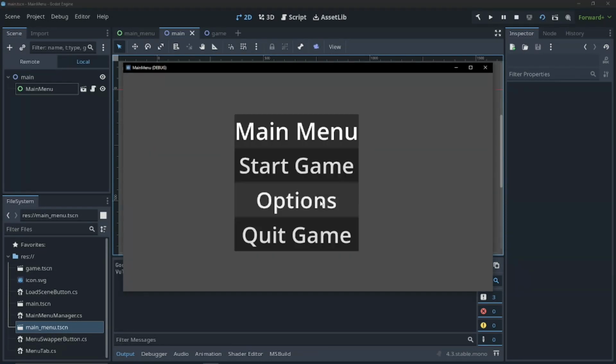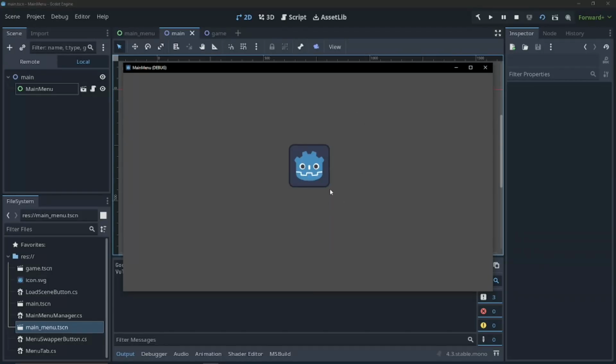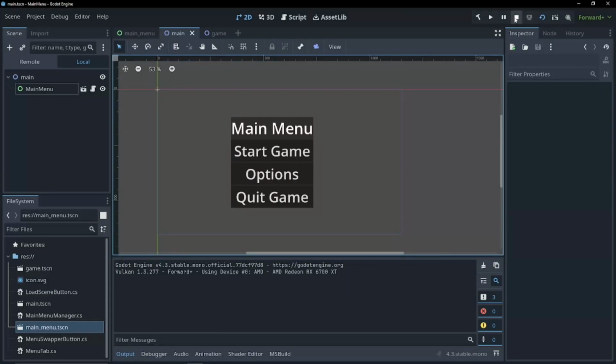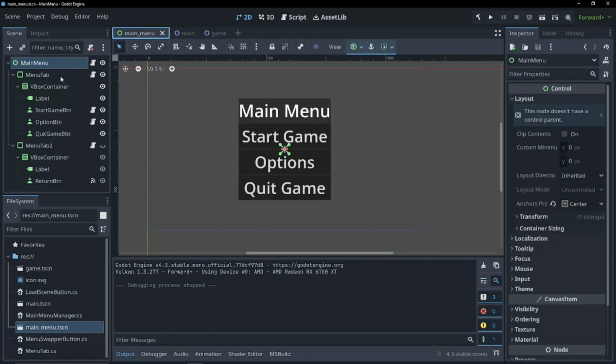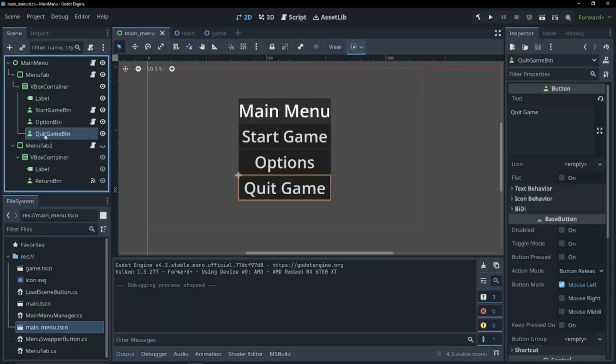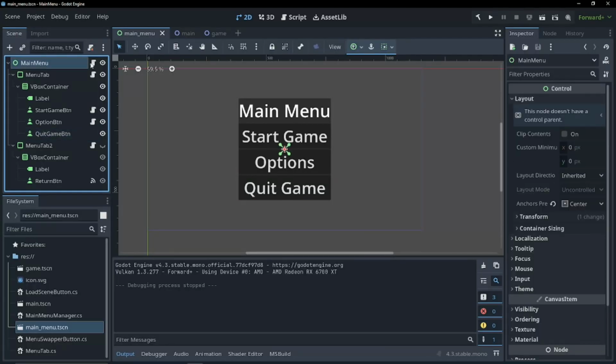So our options button and return still work. And now we can hit start game and it'll load our scene. So the only thing we have to add now is our quit game button to do something. So we don't really have to do anything. So we can just go into our main menu